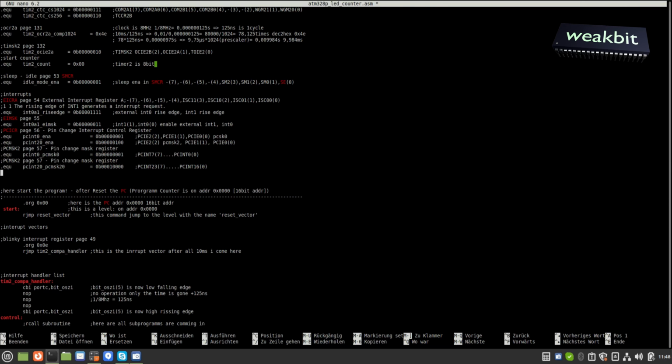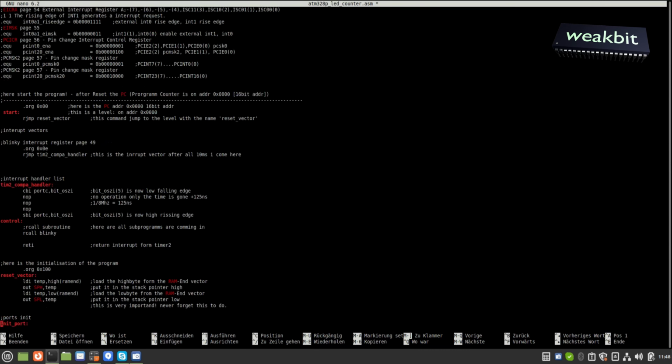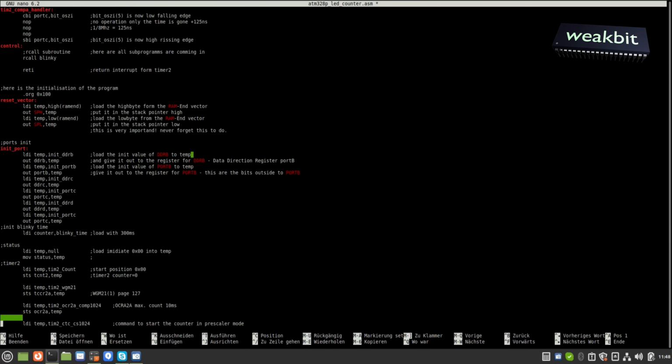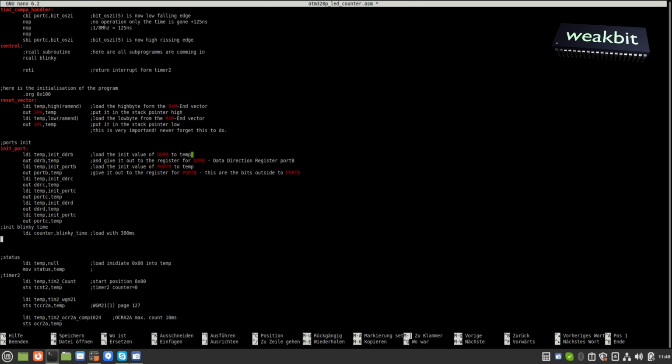This is the equation. Start, jump to the reset vector. We go to the reset vector, and here's the initialization. Load the blinky time, the status and the timer too. And now we are going here and say we would like to init